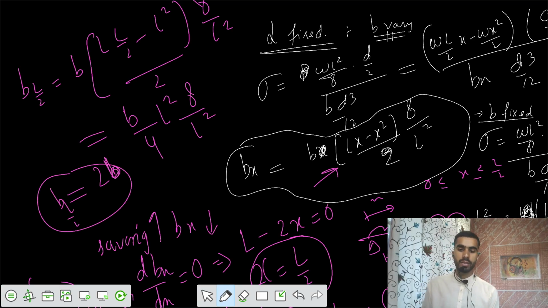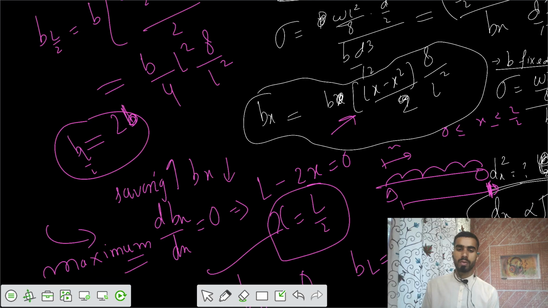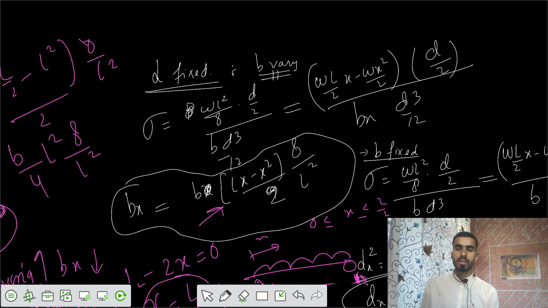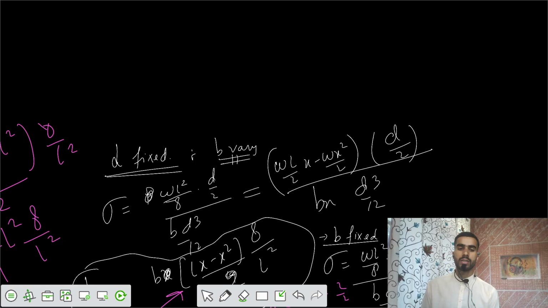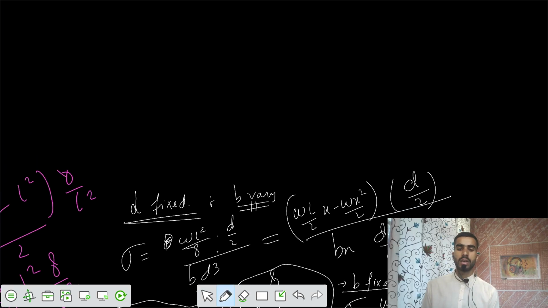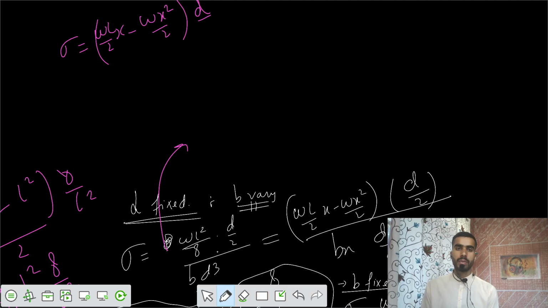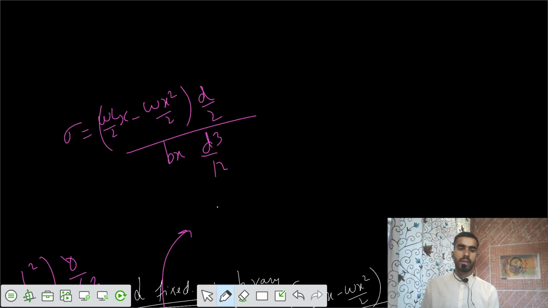What is the value of B first? Let's solve it in terms of stresses. We have stress equals WL by 2 into x minus Wx squared by 2, times depth by 2, divided by bx into d cube by 12. We want that bx to be maximized. So let's say bx equals